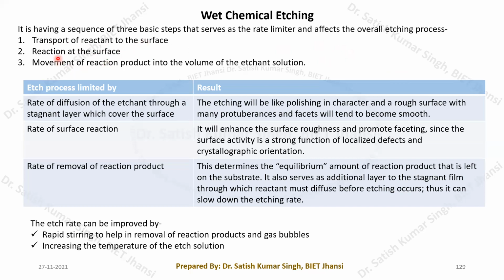And then how fast it is going to react, and how fast we are able to remove those byproducts from the surface. If you are not able to remove those byproducts, then finally your wafer will be covered by the byproducts, and there may be a chance that your chemical agent may not be able to reach further to your wafer, and it will not be able to make the reactions.